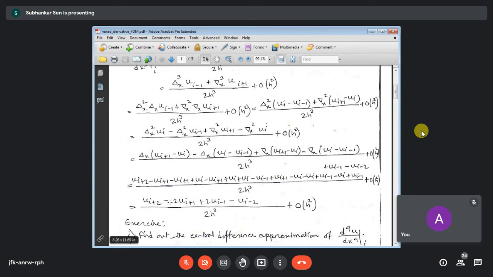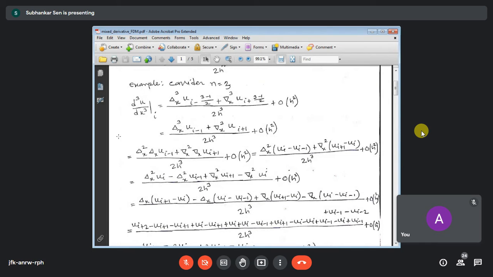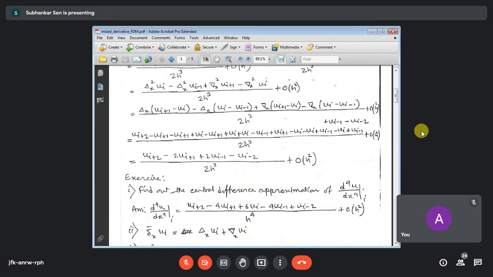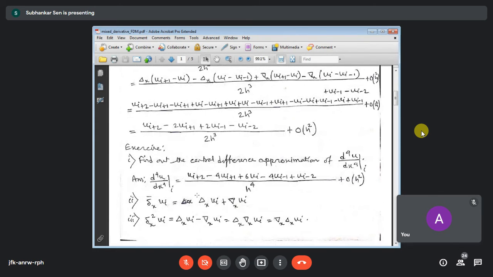So if you look into this expression, you can certainly find one symmetry: plus minus 1 minus 2 plus 2 minus 1. Okay, there is some kind of predictability, some kind of symmetry in the central difference formula. And as I have told you, the central difference is a combination of the forward difference and the backward difference. So in this total simplification, we are not using the central difference operator, but directly we are using the forward and backward difference operators. So there are some problems I have put here. You can practice it. So this note I shall send you tonight itself. So you should practice this note.